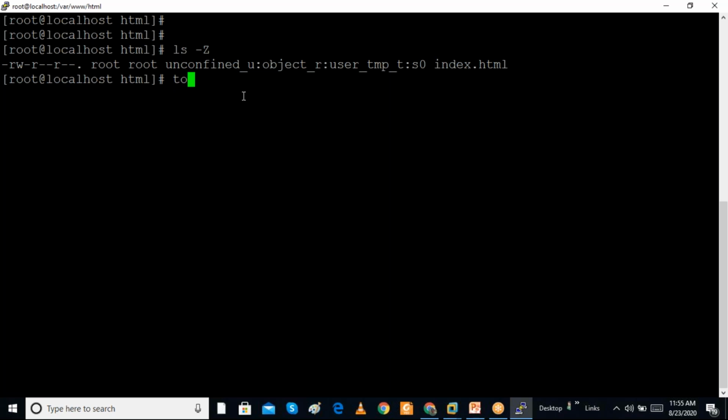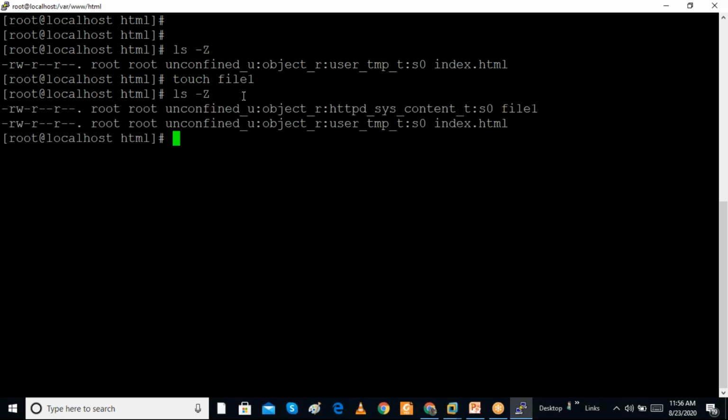So when I create a new file in this folder, touch file1, we can check the security context; it has to come like httpd_sys_content_t. Because I moved the file from another place, this context is different. So we can change the context by using the chcon command, with -t meaning I am changing the type.